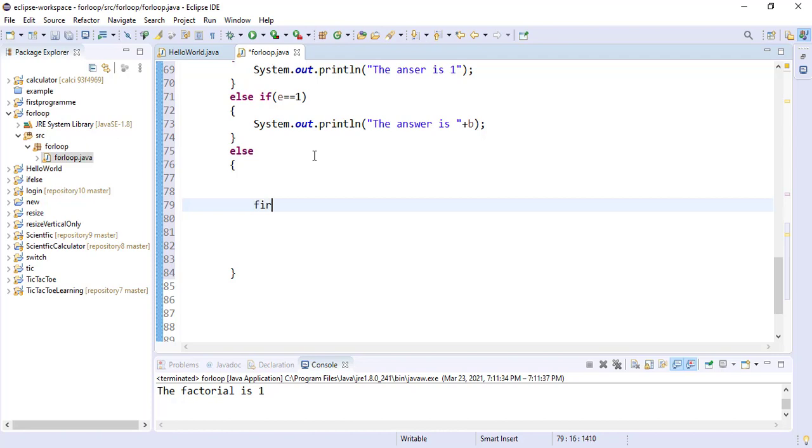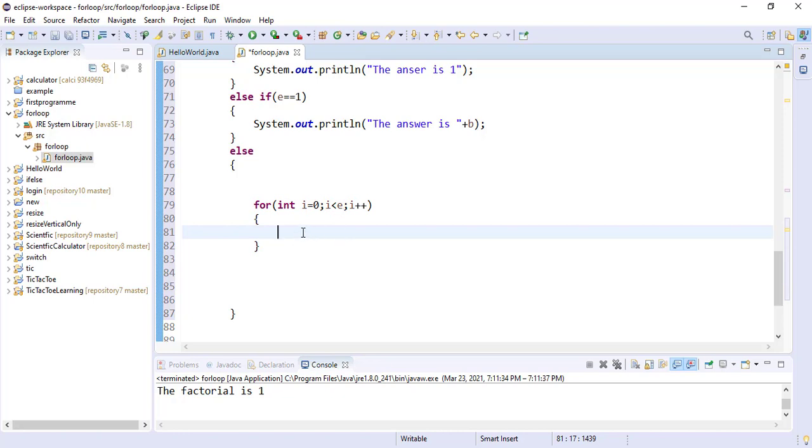So I simply take a variable, I type here i, then I start the loop from 0. Then for how many times do I want to run this loop? I have to run this loop 3 times. Let us suppose 2 raised to power 3, then I have to run this loop up to 3 times. If I want to calculate 2 raised to power 5, then I have to run this loop up to 5 times. So overall I can say I have to simply pass here the exponent. So i less than e, then I have to simply increment the value. So I have to run this loop up to e times.